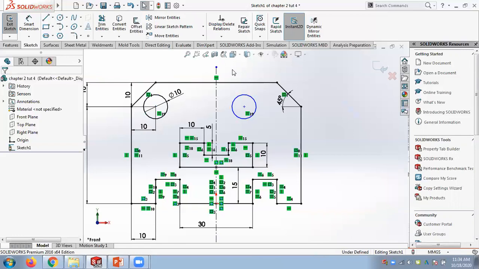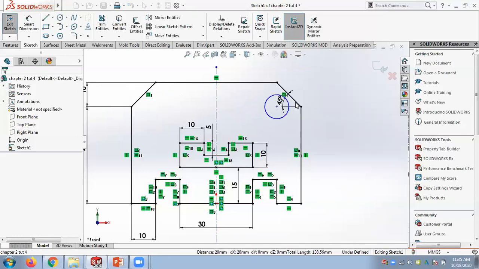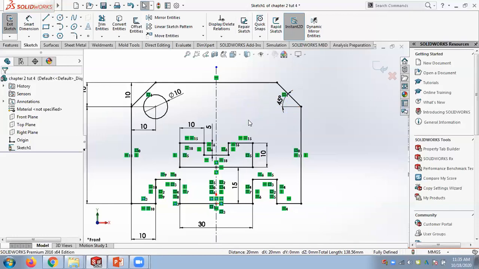So the easiest one I can do is I can mirror this circle along this line this side. So we will not delete this and apply this mirror tool. Mirror tool, entities to mirror. This is the main entity to mirror. Mirror about is this line. So you can see a copy has been created. A copy. So if you just delete this one, what happens here is this one will be deleted, and you will get the copy only. So I need both the guys.